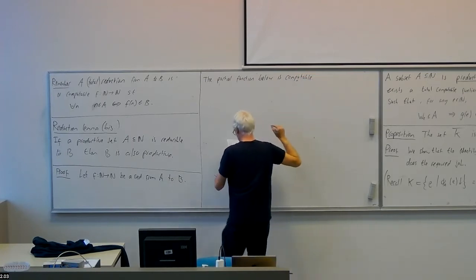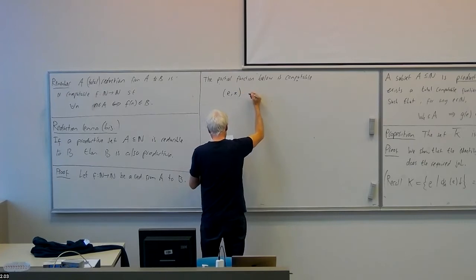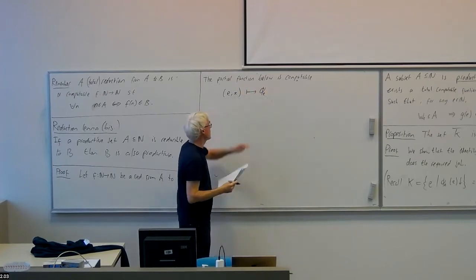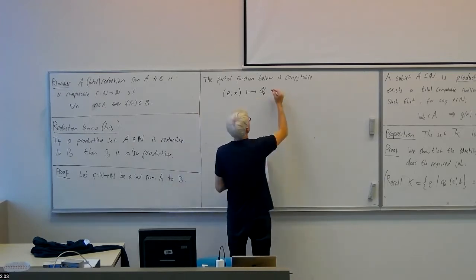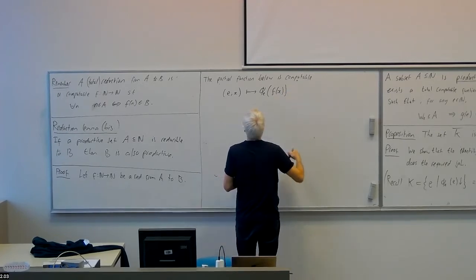It's a function in two arguments, takes an e and an x, and it takes the e-indexed partial recursive function and applies it to f of x. Okay, this is a partial function